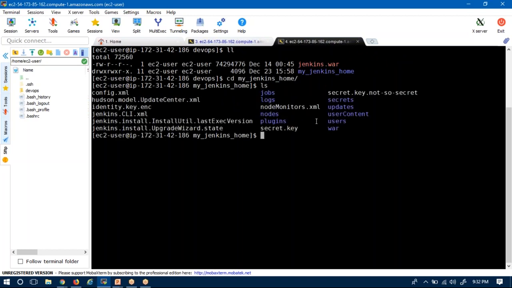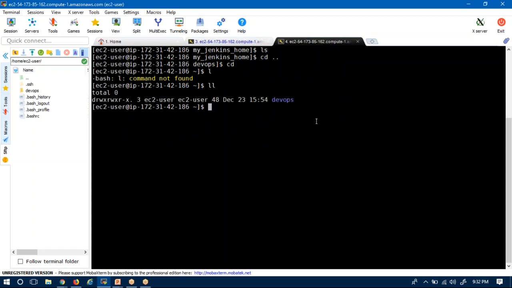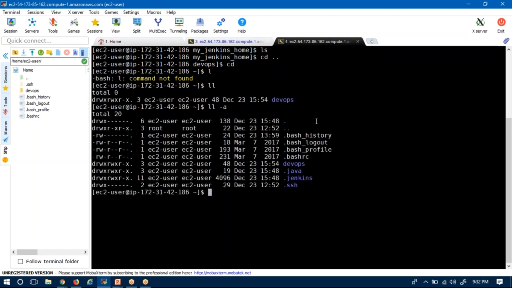So here we are having files. Now I am removing all files first of all, and here no files are there. Now here I want to remove the .jenkins folder also.